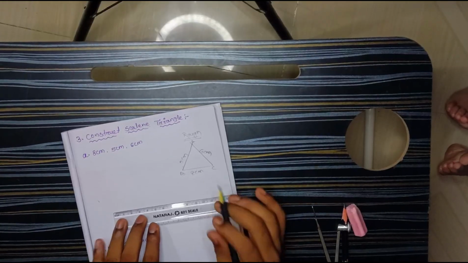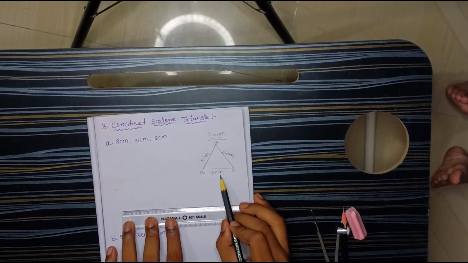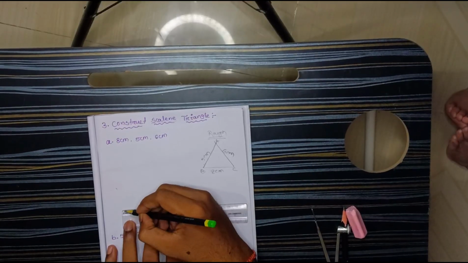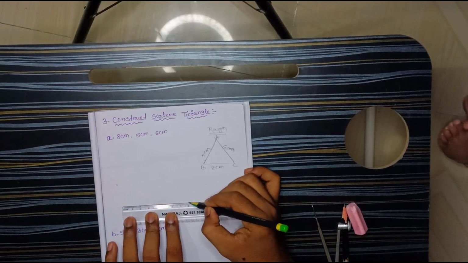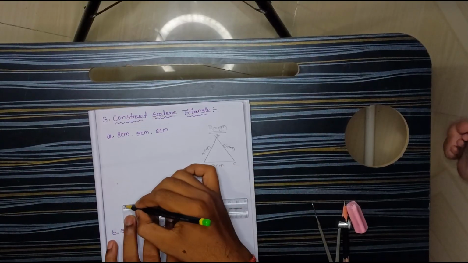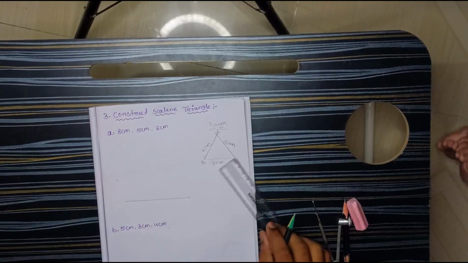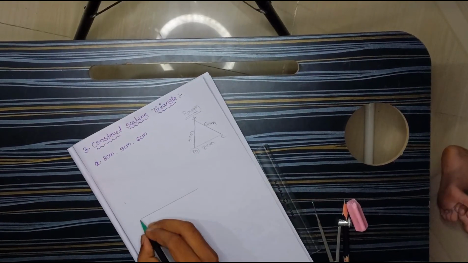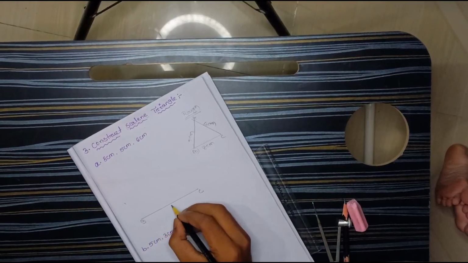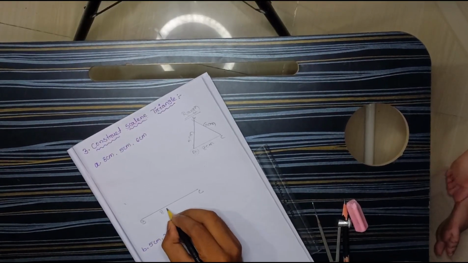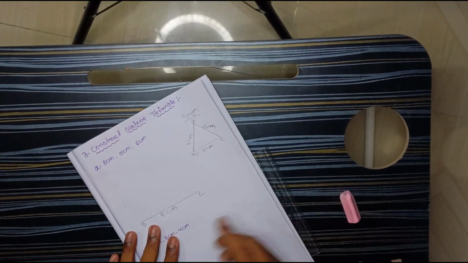Got it? So first I have to make the base only. So base के लिए मुझे क्या करना पड़ेगा? I have to take the 8 centimeter measurement. So here at 0 I will put the mark, then 8. Where is the 8? Here is the 8. I will put the point. Then I have to join these 2 points and then write what is written here, B and C, and what is the measurement of this length? That is 8 centimeter.